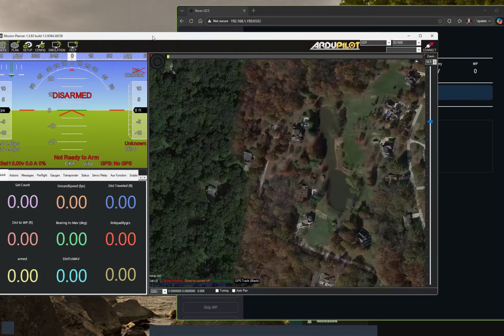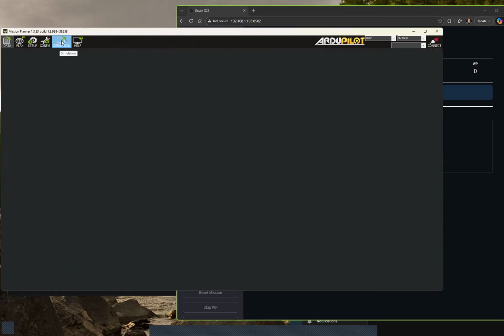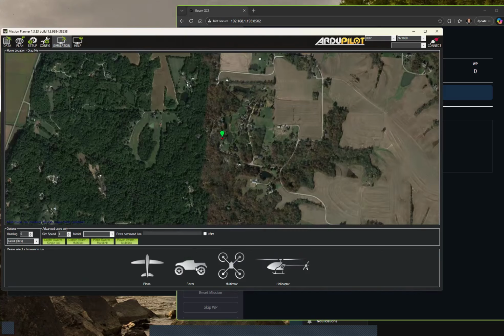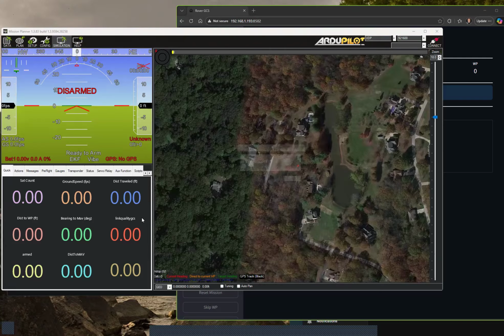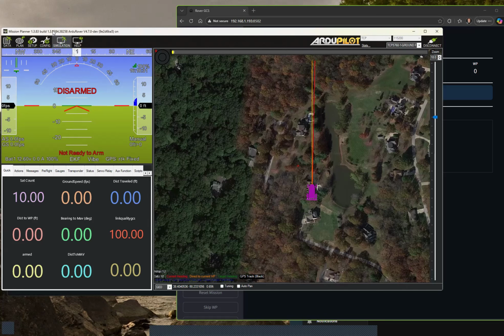So what I'm going to do is go in and forward the MAVLink messages that are on Mission Planner here. I'm going to go ahead and start up the simulator so that we can demonstrate control and so forth. All right, so it's getting connected up here. All right, so now I'm going to go to the super secret menu,